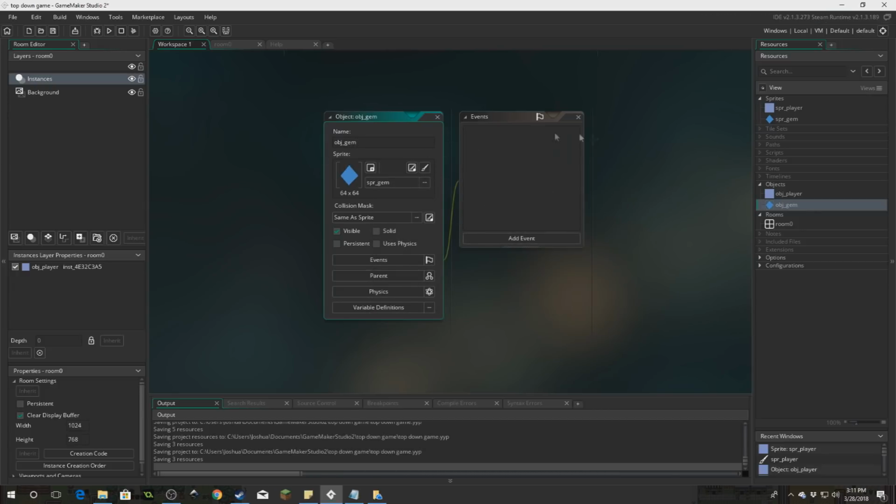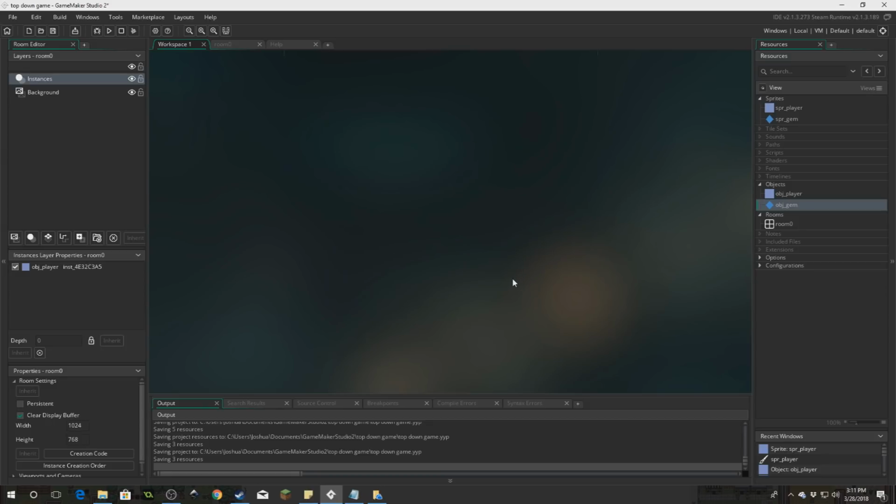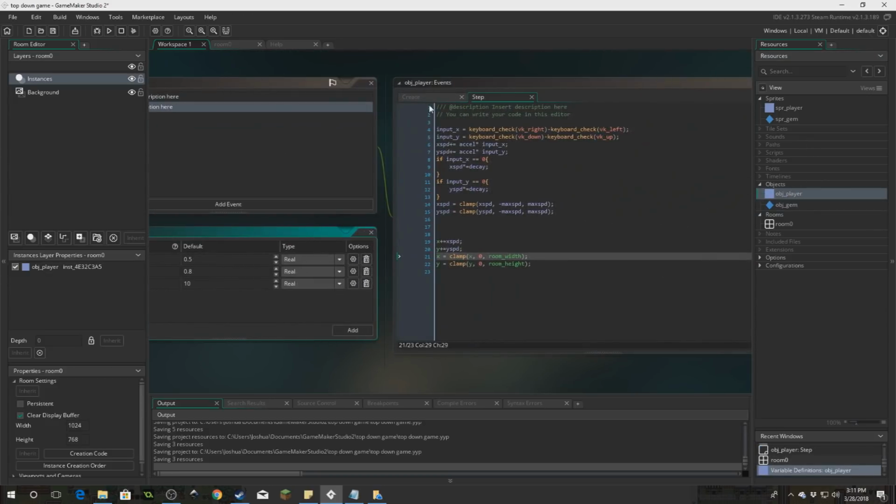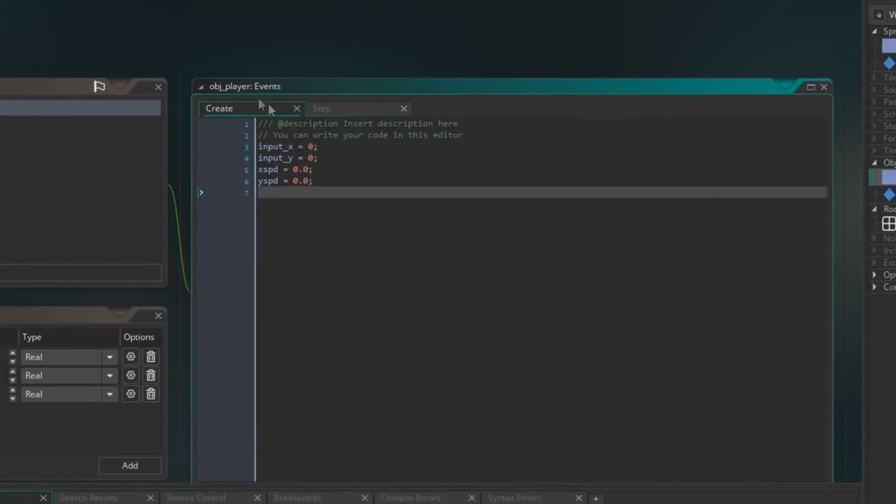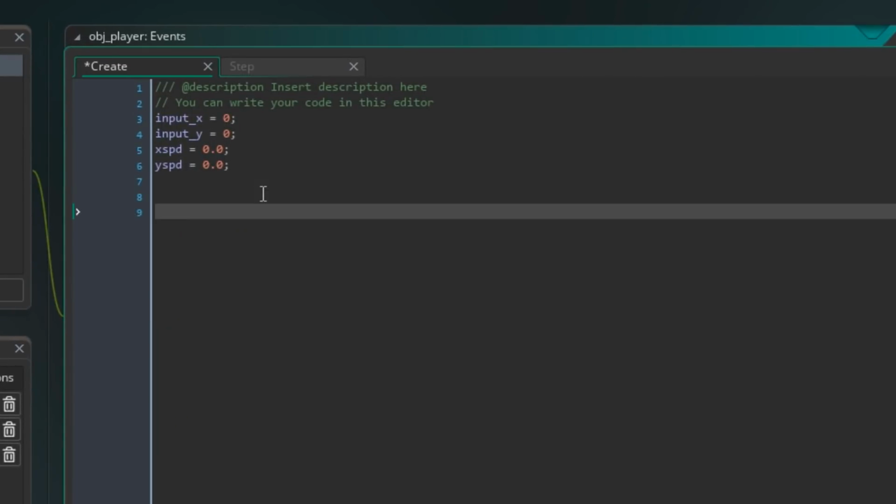I'm not going to add any events here. We don't need to declare any variables or anything for this. We're going to make sure all of our code is inside of the player. All right, so let's go ahead and generate a bunch of random gyms. So go back to the player, and we're going to do this on the create event. So select the create tab. Let's make a comment. You do that with slashes. All right, so we're going to say spawn